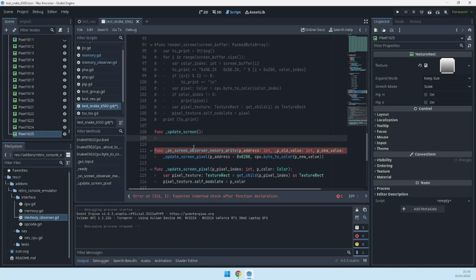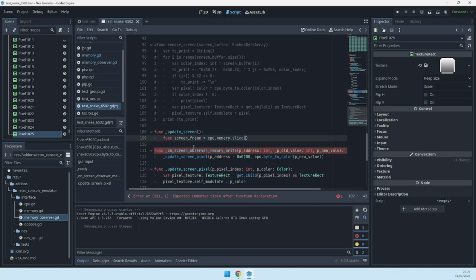So let's take a slice of the memory, screen frame equals to the CPU memory